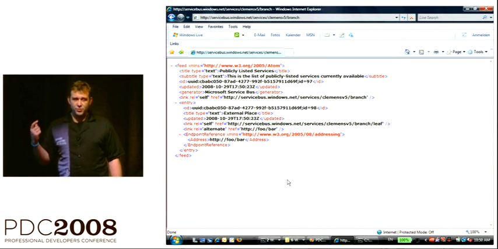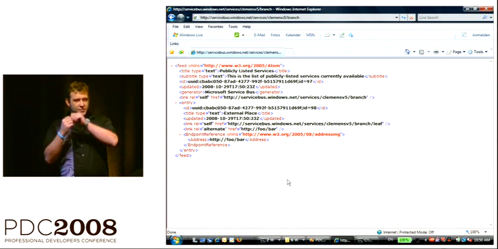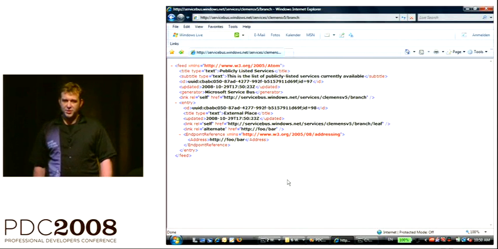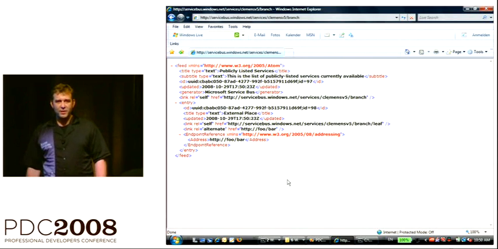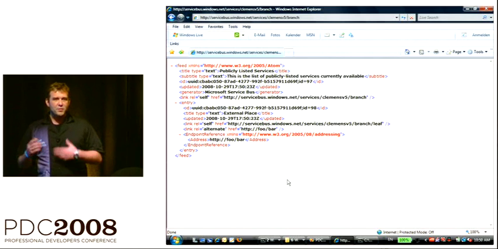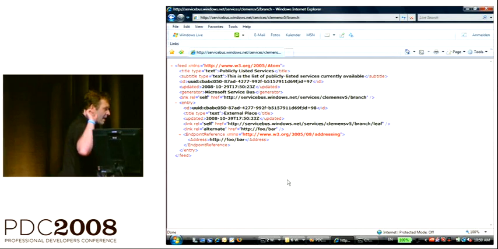So what you can now do is take just a normal GET request. You can take a syndication feed, read that in, go to the extensions of the syndication item, read out the endpoint reference, and then stick that endpoint reference into WCF, and it can create an endpoint from that. So a very simple mechanism to register services externally.